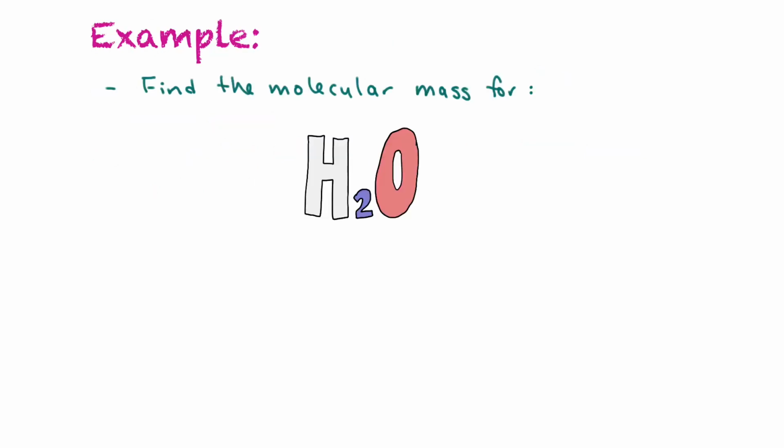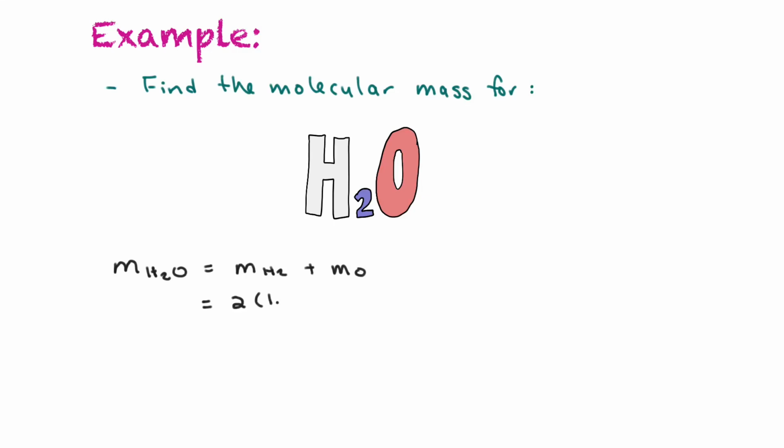So our first example would be to find the molecular mass for water, or H2O. The way we would solve that would be, we'd write down the mass of H2O equals the mass of H2 plus the mass of oxygen. So now we need to go to our periodic table and find out what the mass of each is. We have two hydrogen atoms, so we're going to have to multiply the atomic mass by 2. So it's going to be 2 times 1.01 atomic mass units, and then the atomic mass for oxygen is